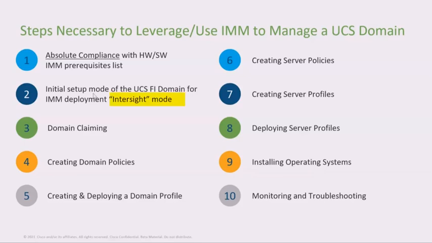Once you select Intersight managed mode, now you can go claim a domain. Now, claiming the domain basically means that you have two Fabric Interconnects, and you're going to connect to those with HTTPS. And actually, just as a quick example, to show you here,